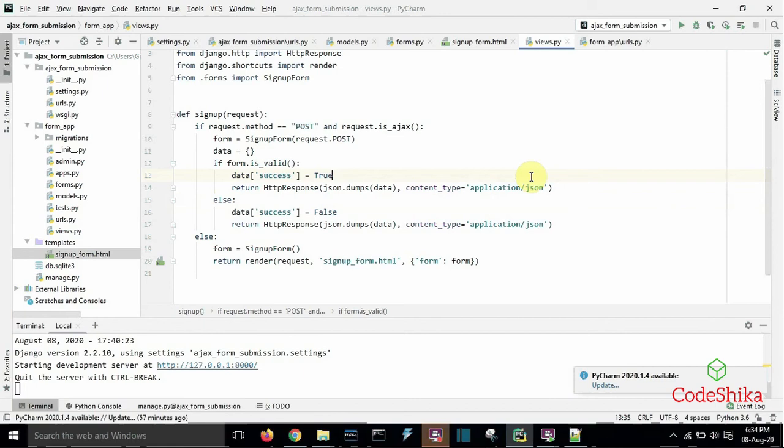So we need to return this data to Ajax call in the JSON format only. So we converted this data to JSON using dumps method of JSON.